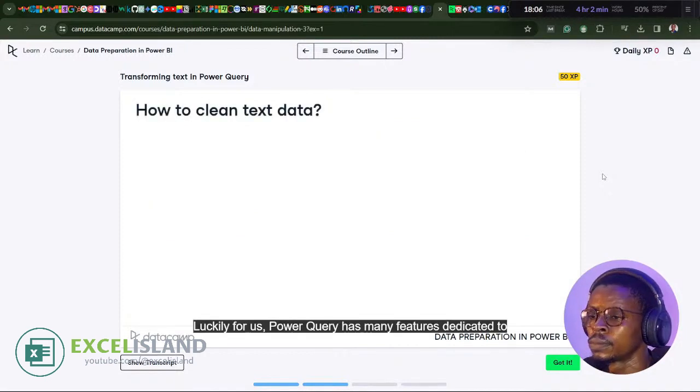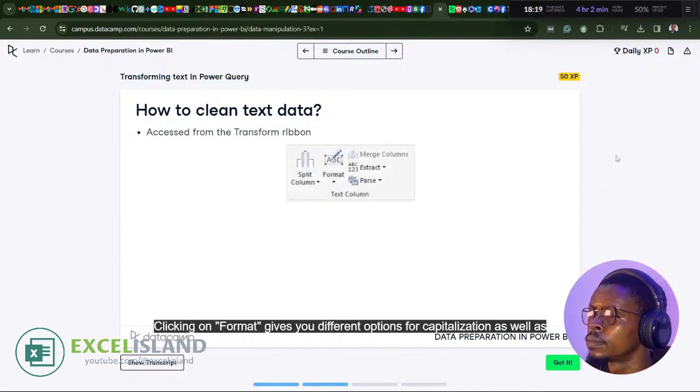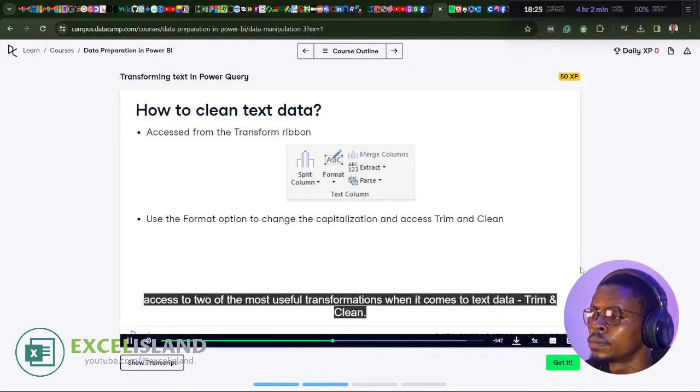Luckily for us, Power Query has many features dedicated to efficiently cleaning text columns, saving us a great deal of time and effort. These features can be found in the Transform ribbon in the Text section. Clicking on Format gives you different options for capitalization, as well as access to two of the most useful transformations when it comes to text data: